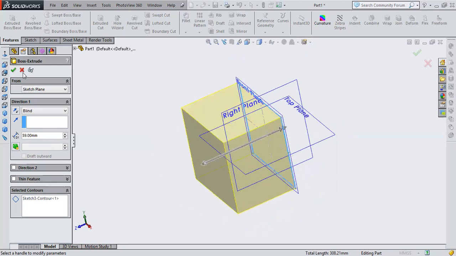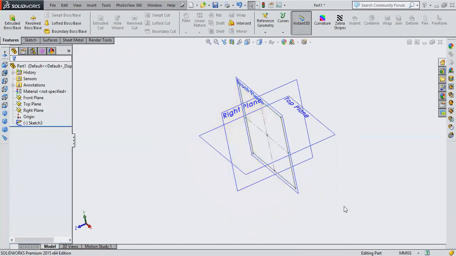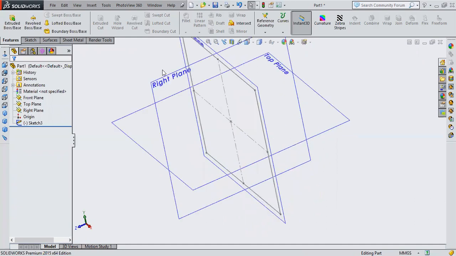So what that indicates, and what I'm going to tell you is, it doesn't matter which plane is perpendicular to the front plane. It totally depends on which plane is perpendicular to the sketch you have drawn, okay? Got my point? Yes, sir. Got my point or not?